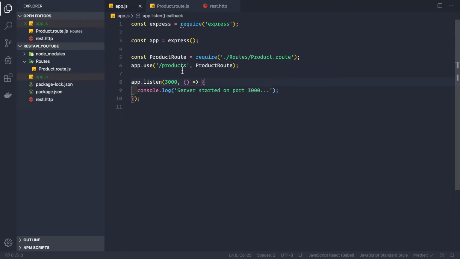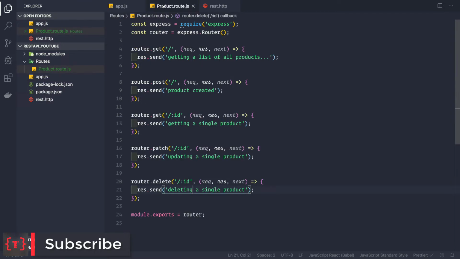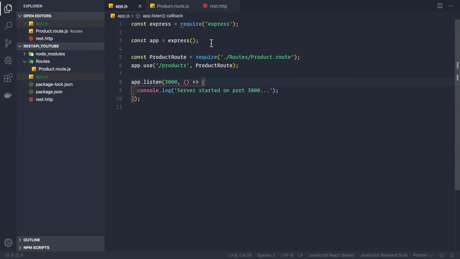Okay guys, so in the previous video we created this route that is /products, and it is handled by this product.route.js file here, where we are handling all the routes related to /products. But now let's see what if we send a request to any other route that is not handled by